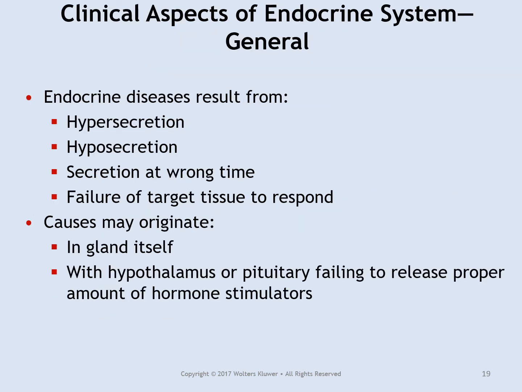Some more general clinical aspects. You can have too much or hypersecretion of hormones, not enough or hyposecretion of hormones. They can be secreted at the wrong time and throw homeostasis out of whack. And the target tissue might not have the receptors needed to respond to the hormones. They can be caused by the actual production of the hormone